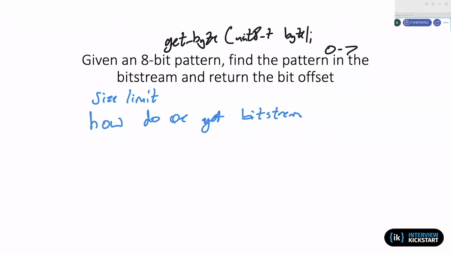And then offset means the number of the bit that starts the pattern. Is that the idea? Exactly. So let's say in this hypothetical case that the first place you found your bit pattern was bits 3 through 11. You'd return the value 3 for the bit offset where the given pattern begins.